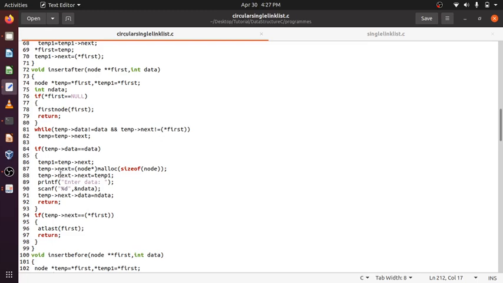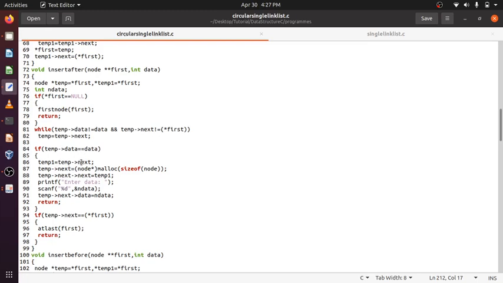Okay, temp data equal to data. Suppose for the last element it matches the data.